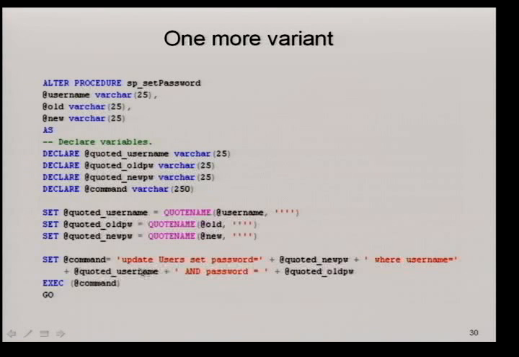So what happens in that scenario? Your statement becomes update users set password equals to, with a beginning single quote followed by 24 characters. Because we don't have an ending delimiter, we'll have space where username equals to, and this quoted username will have the delimiter. So the entire stuff becomes the new password. The statement becomes update users set password equals to single quote, 24 characters, space where space username equals to, followed by a single quote. That becomes the password, and then you have the ability to inject SQL code using the username.